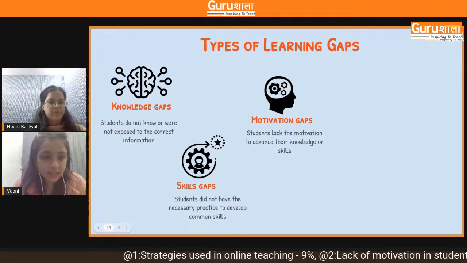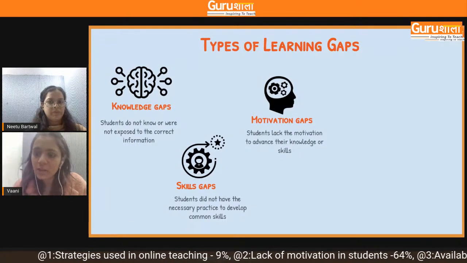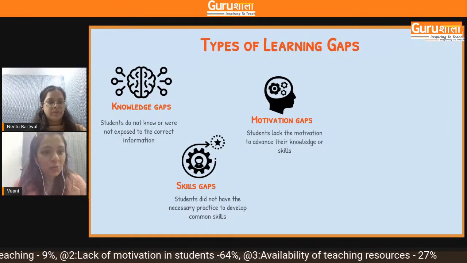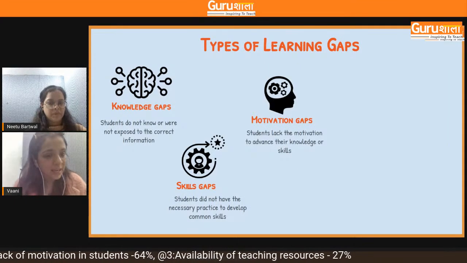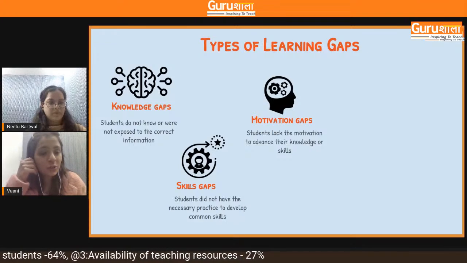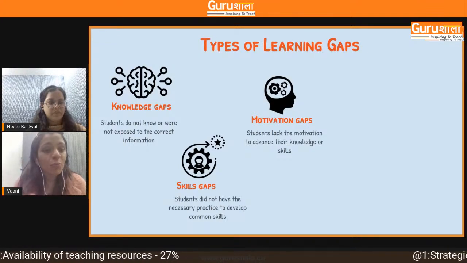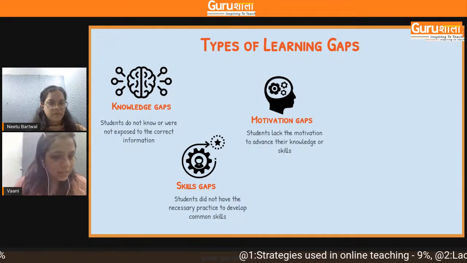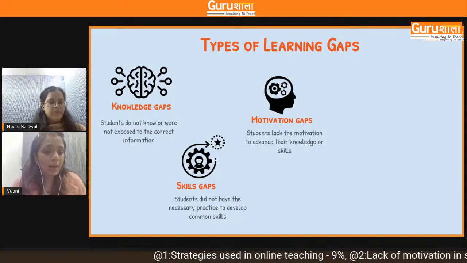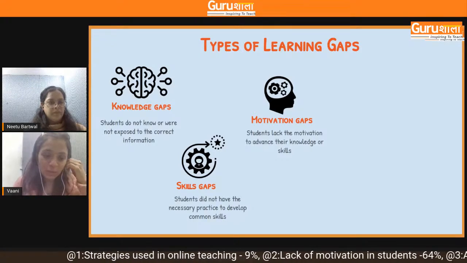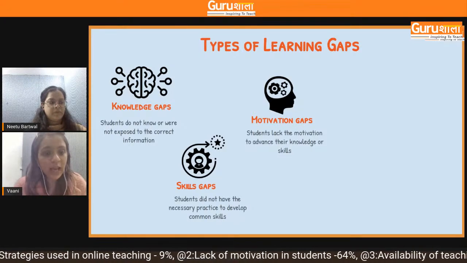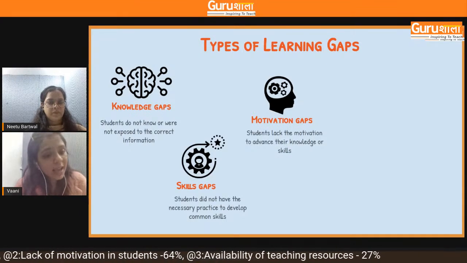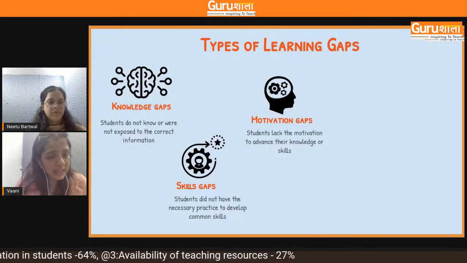To put it simply, and something that all the teachers must have experienced, I'm sure, students just want to sometimes avoid studying, because students have to be encouraged, pushed, sometimes motivated to study. To be able to generate that kind of motivation in students is difficult. And because of the online mode of teaching and the teacher not being there with the student, a motivation gap can occur in students because of these circumstances. So this is what the motivation gap talks about, that students lack motivation to advance their knowledge or skills, or to self study or study by themselves.